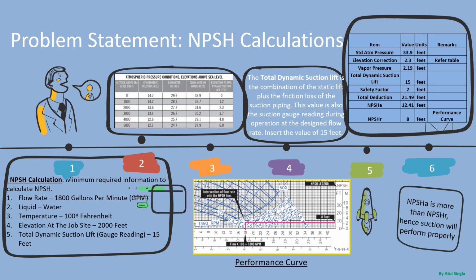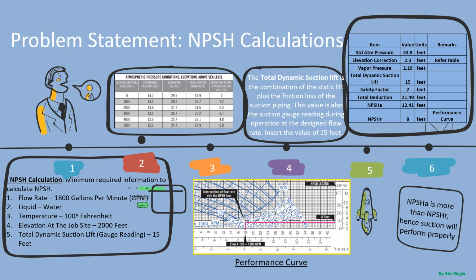So if you look at the heads, standard atmospheric head will be 33.9, right? And these three losses are there, which we calculated: 2.3 from here, 15 feet is here, and atmospheric pressure for water, that is here. So these three factors will be subtracted from this atmospheric pressure, and the factor of safety of 2 feet will again be subtracted from this water head. So we will be coming out with 21.49,